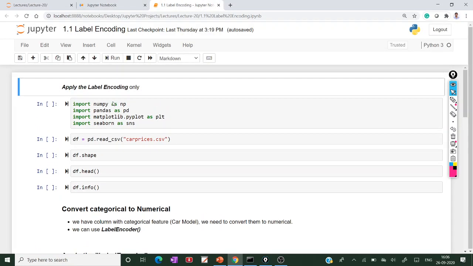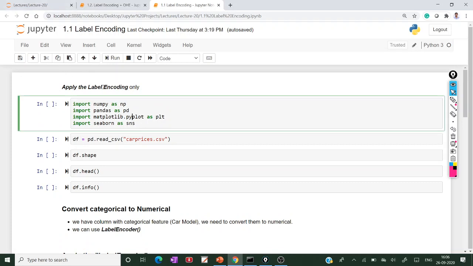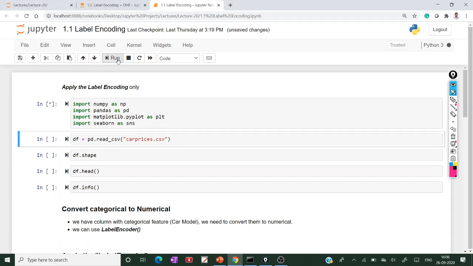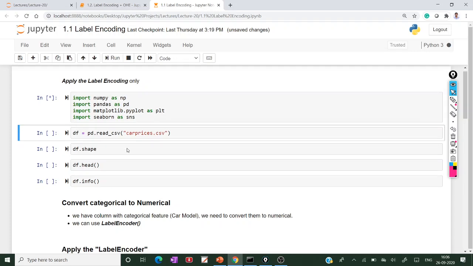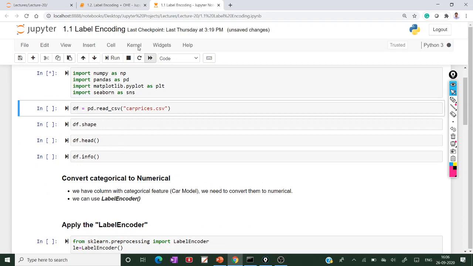So here I am executing. First I am importing some basic libraries: pandas, numpy, matplotlib. Here I am taking a small data set. What is the data set? Car prices. So I am executing this.